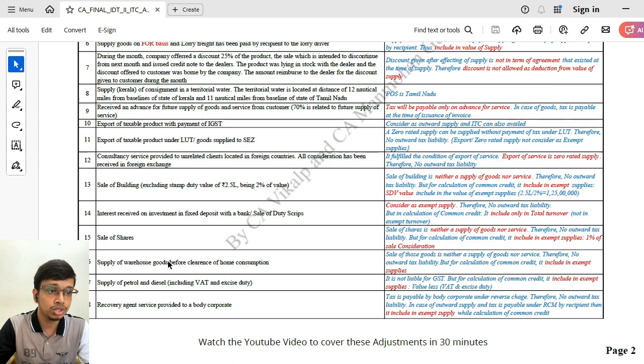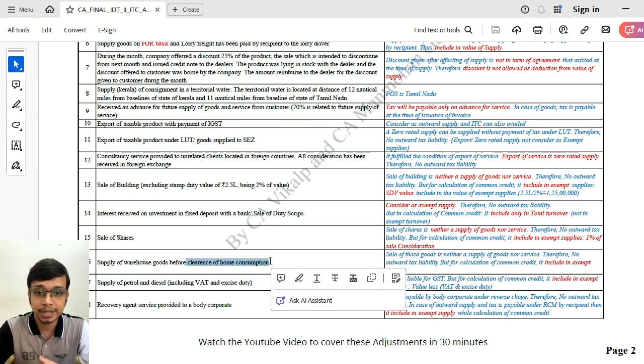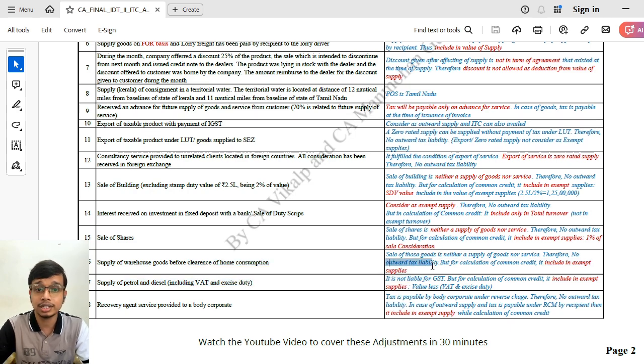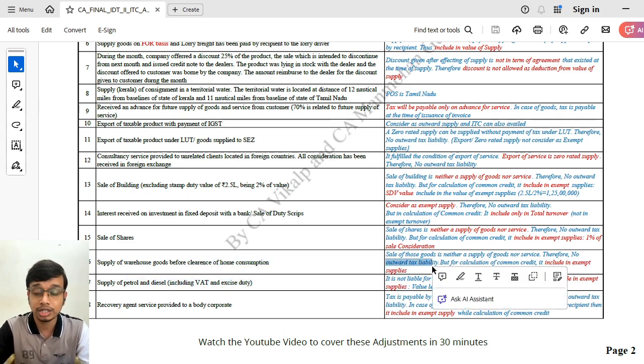16th point, supply of goods before clearance for home consumption. You must have read this in the supply chapter. It is considered neither as goods nor as services, so there will be no outward tax liability, but it is considered as an outward exempt supply, so it is included in the exempt turnover while calculating common